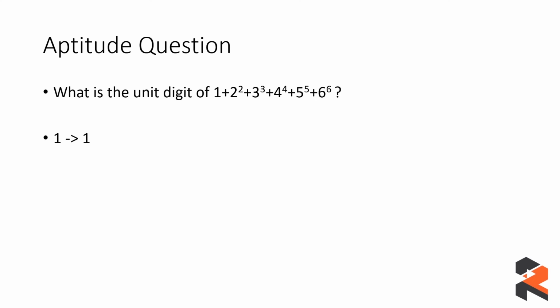So for example, if we talk about 1, you know that anything to the power 1 will always be 1. For 2, you can do it in two different manners. First, by using the unit digit concept, which is already shown in our video, or else you can directly say 2 to the power 2 is 4. But if we go with the second method, the one we discussed in our video, 2 divided by 4 gives a remainder of 2, so the power of 2 can be 2 to the power remainder. So the remainder is again 2 and the power will be 4.